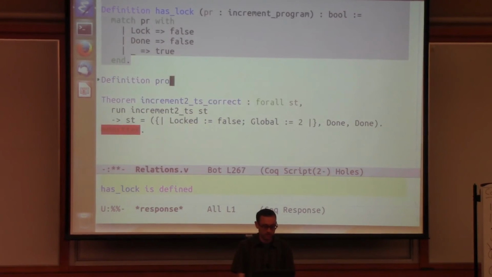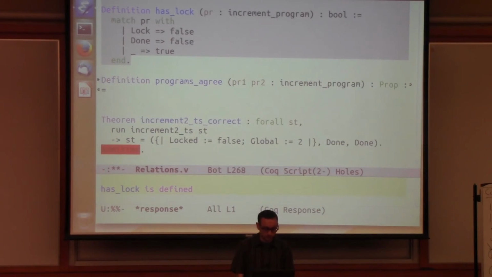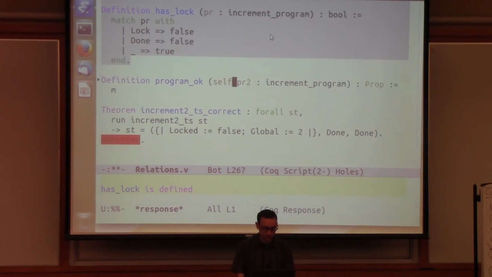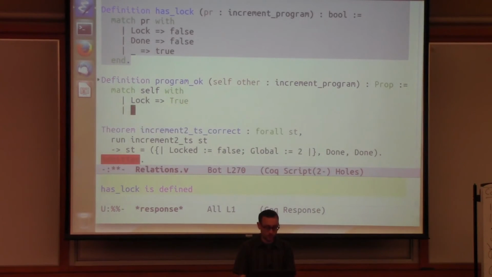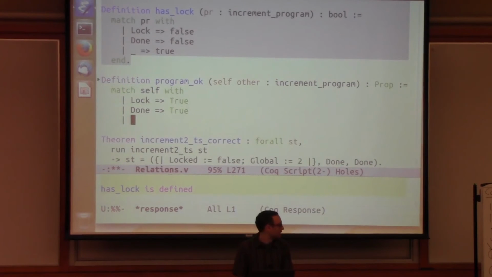Then we can write something like programs agree that takes in two programs and returns a proposition. Actually, let me write it this way. It's a predicate that tells us whether one program is okay, given also the state of the other program. There will be a few cases we want in here. If we're in the lock state, then we don't have any requirements. This is always true. And if we're in the done state, similar situation. But if we're in the read state,